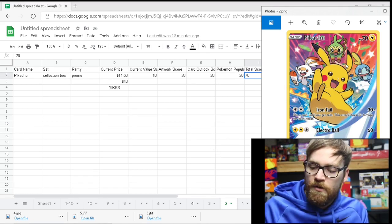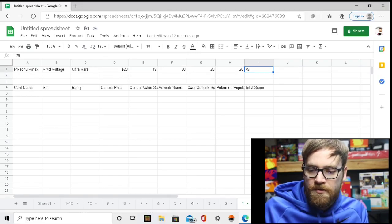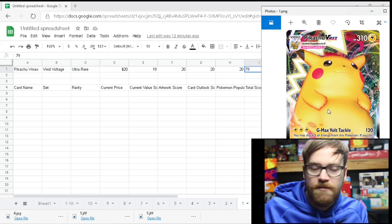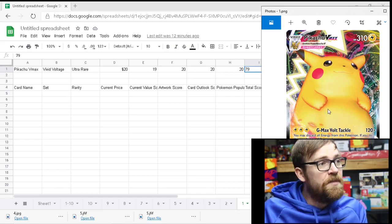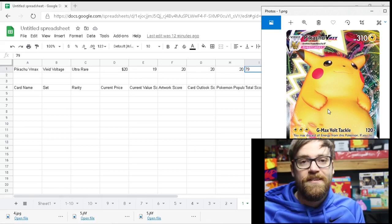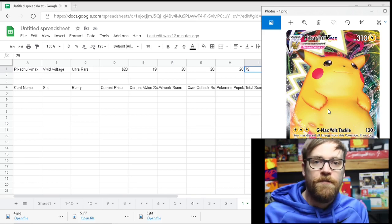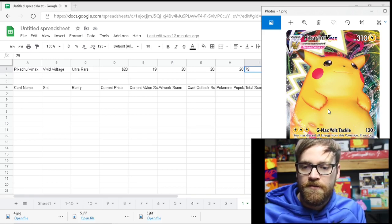And our number one card on our list, and my favorite card to pick up from the year 2020, is the Gigantamax VMAX Chunky Pikachu from Vivid Voltage. It's currently sitting at $20 on tcgplayer.com. It almost got perfect scores across the board on the scoreboard, and really the main reason it didn't go 80 out of 80 was because